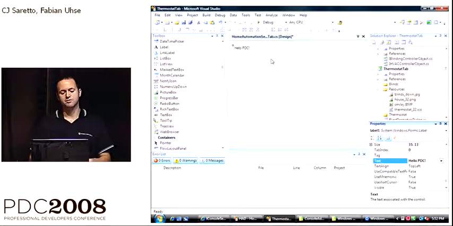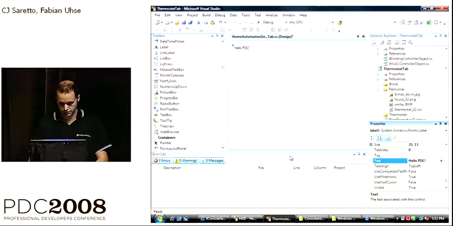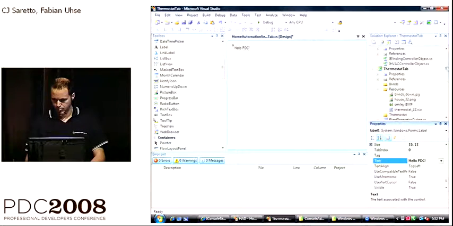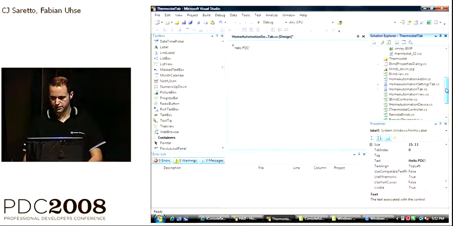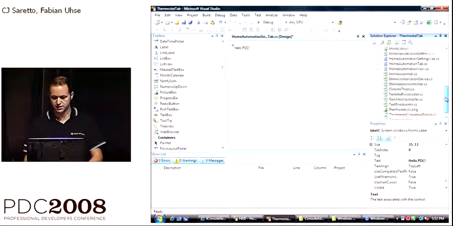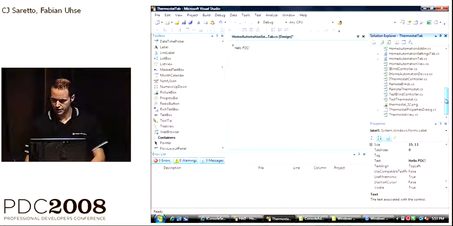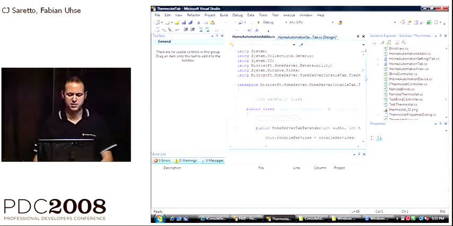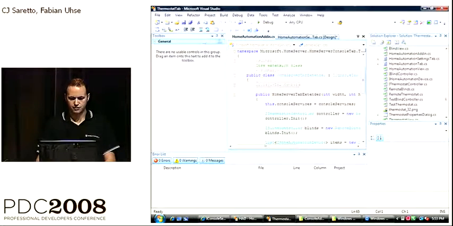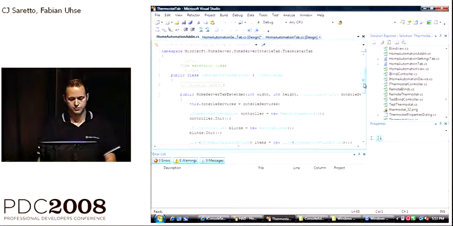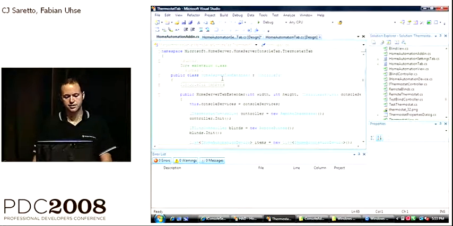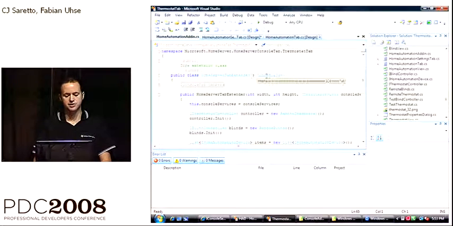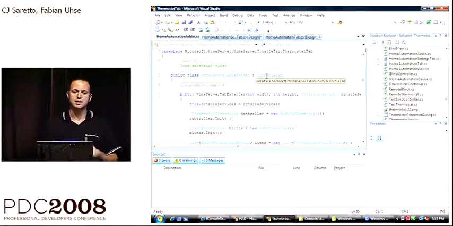There we have it. And now we have to tell the home server console that when it loads our DLL, it should actually load this user control. Doing that is also fairly straightforward. Now this solution that we're building here is just a class library solution. It results in a DLL. I'm going to open the home automation add-in file. I think of it as my main file. It contains all of the classes that the home server console will load. You can see here that we have a class called home server tab extender. It implements iConsole tab. What that means is that this class represents a tab in the console.